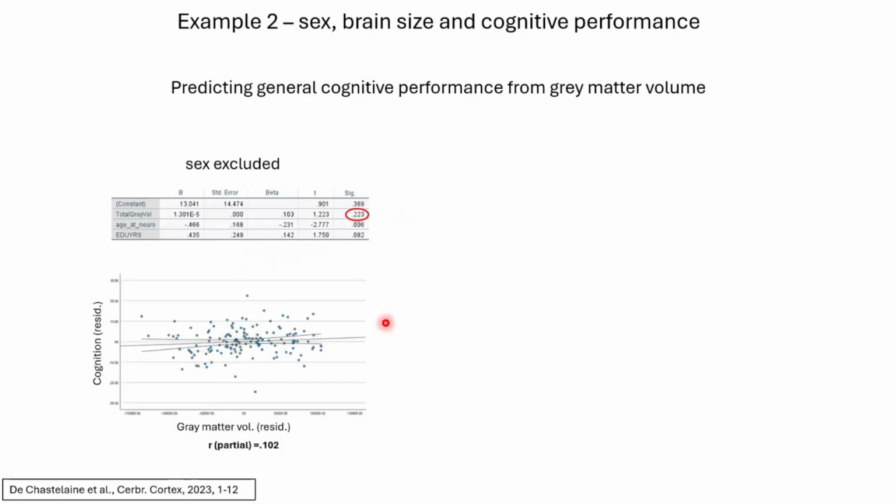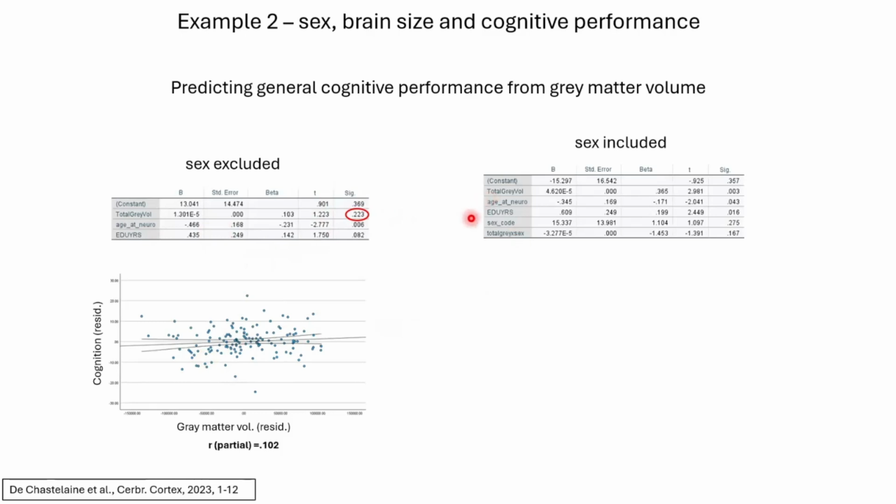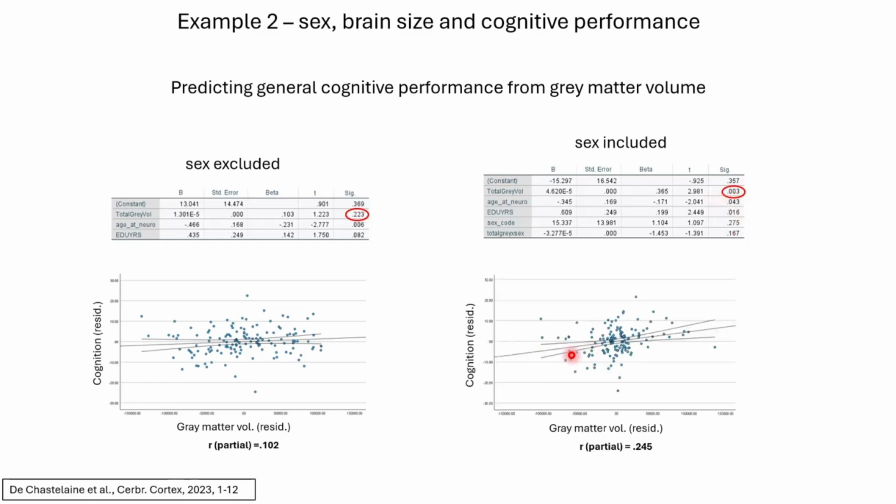And that is what we see in the scatter plot. If we include sex as a variable in our regression equation, and importantly, the interaction term, so that we can know whether there's a moderating effect of sex, we see a robust relationship now between brain volume and cognitive ability. And this is sex invariant. It's not that one sex is driving the effect. We don't see the result if we don't put sex into the model, but the relationship itself is common to everyone in the sample. So it's a suppressor variable.